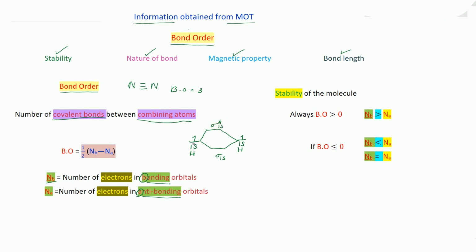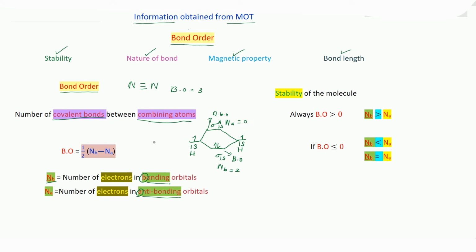Now you fill it with electrons. Using the Aufbau principle and Hund's rule, you fill up the electrons in these molecular orbitals. So you will have both the electrons in the lower orbital. This orbital we call the bonding orbital, and this orbital is called the anti-bonding molecular orbital. This is what we call Nb, and this is what we call Na. Now in Nb we have 2 electrons, and in Na we don't have any electrons, 0 electrons.